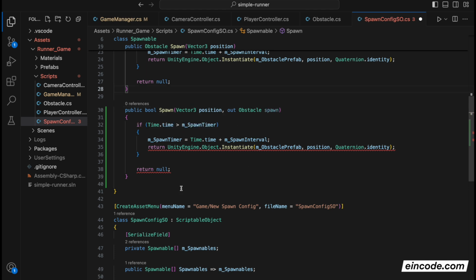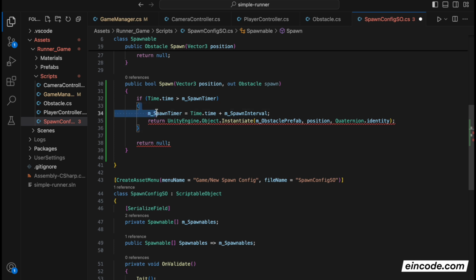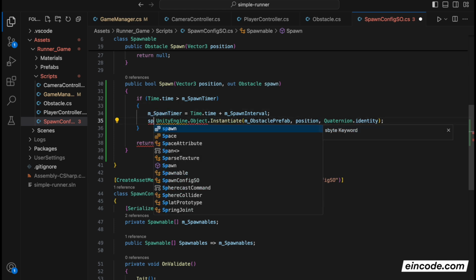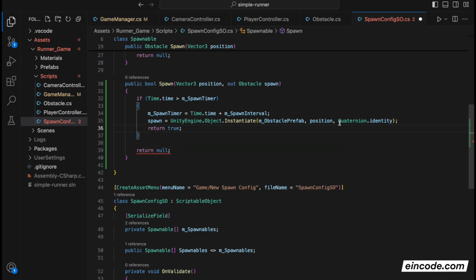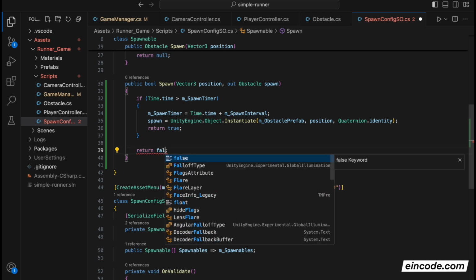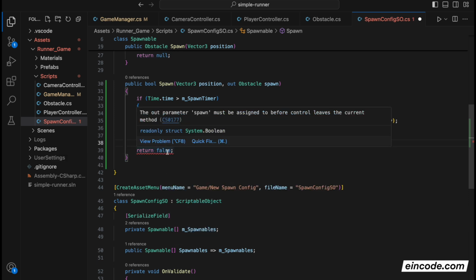Now we need to rework this a little bit. If we can spawn the obstacle here, this spawn timer is okay. We will create the spawn here. So this spawn we specified in the parameters, we can now assign a value to it, spawn, and we will return true from here. This means we can spawn, or the obstacle has been spawned. In here, instead of return null, we will return false, because in this case we cannot spawn the obstacle,